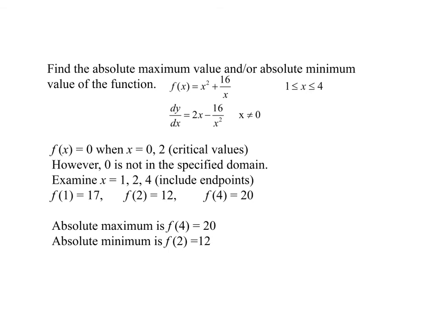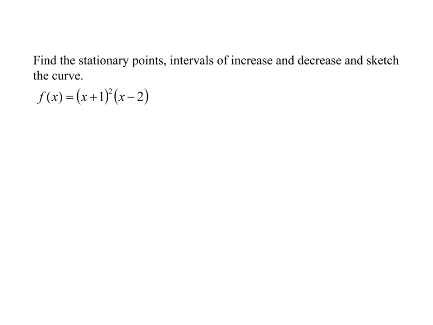And there was our answers, and we have one more example. So let's go through one more example. This one is another cubic type of equation, except I want to know the stationary points. So that could be max or mins, but the key thing is where the slope is 0. It's asking for the intervals of increase and decrease, so where the slopes are positive or negative, and we want